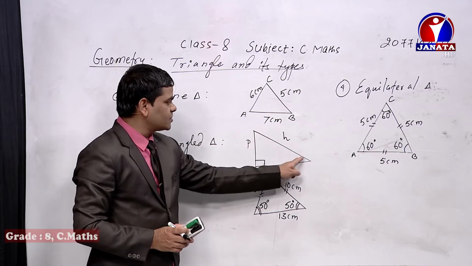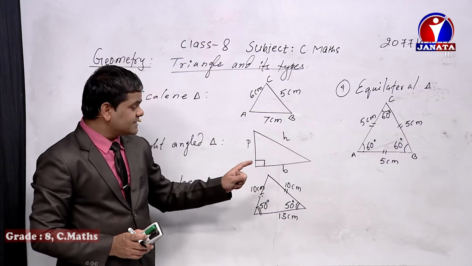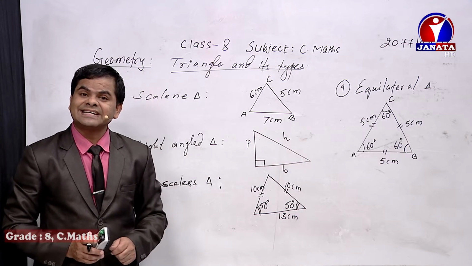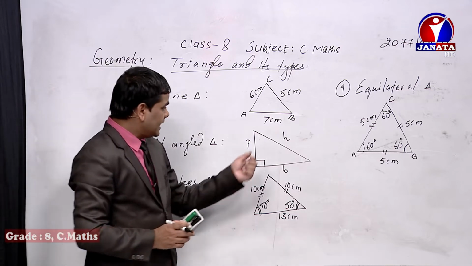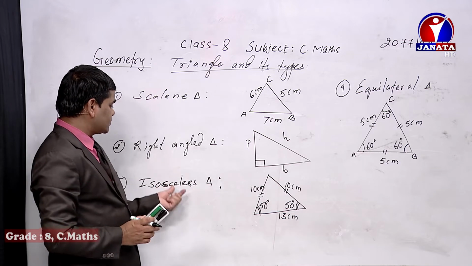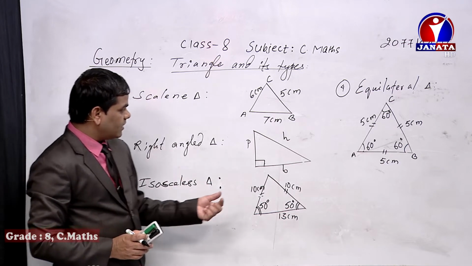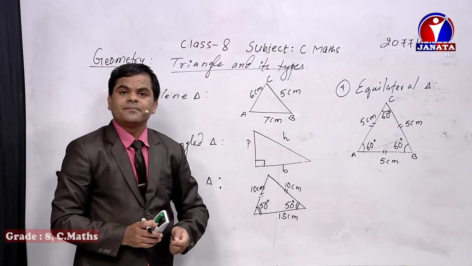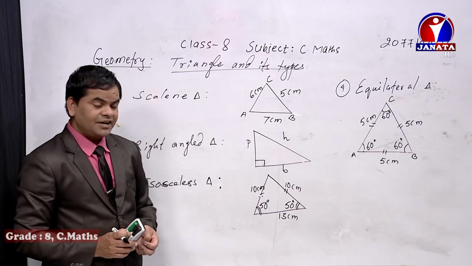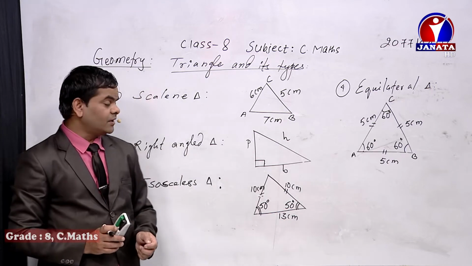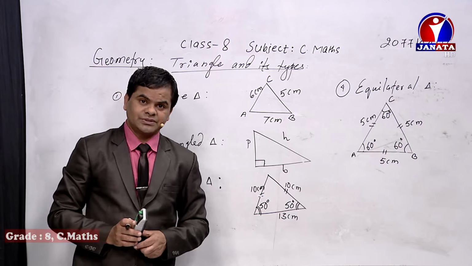So this one plus this one must be 90 degree. As they are equal to each other, we need to divide the remaining 90 degree into two equal halves. It means 45 degree, 45 degree. That means a right angle isosceles triangle is a triangle in which one angle will be 90 degree and the other two angles will be 45 degree each. And then, the perpendicular and base become equal to each other, but not the hypotenuse, dear friend.